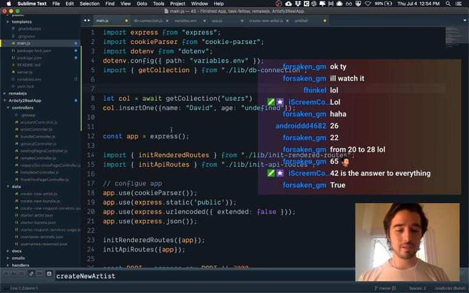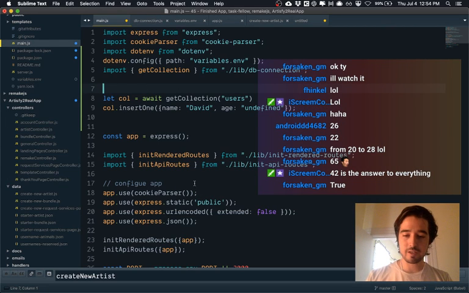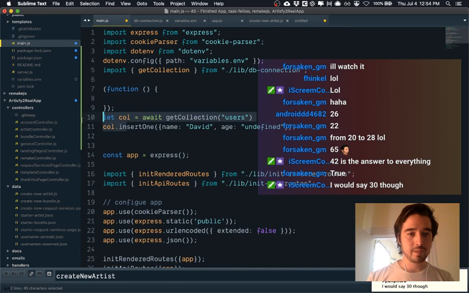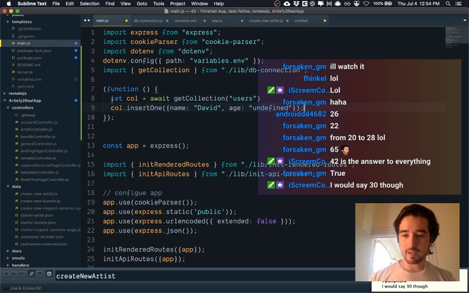Okay, so here's a little tip for you guys. If you get this error where it says await is only valid inside an async function, you can wrap your code inside a function, and then you could do